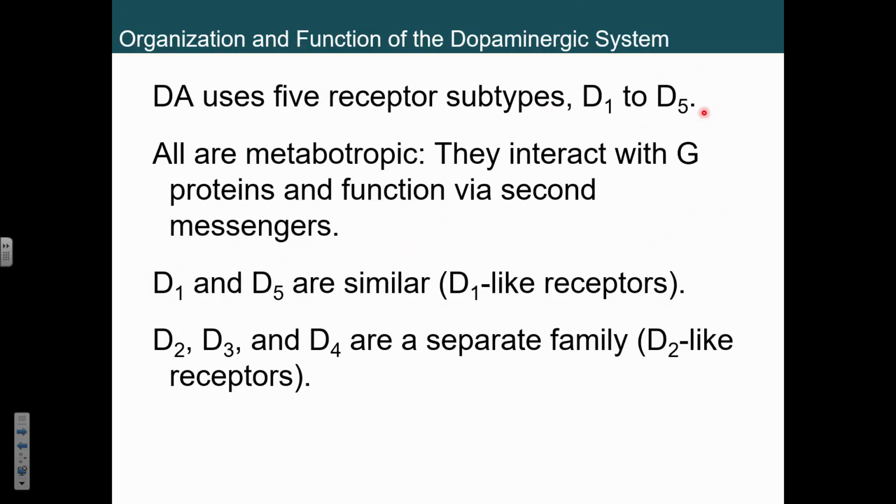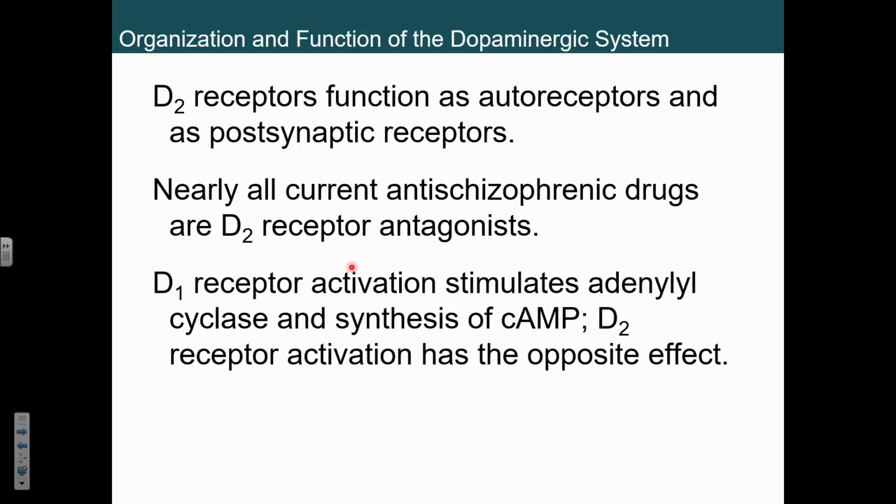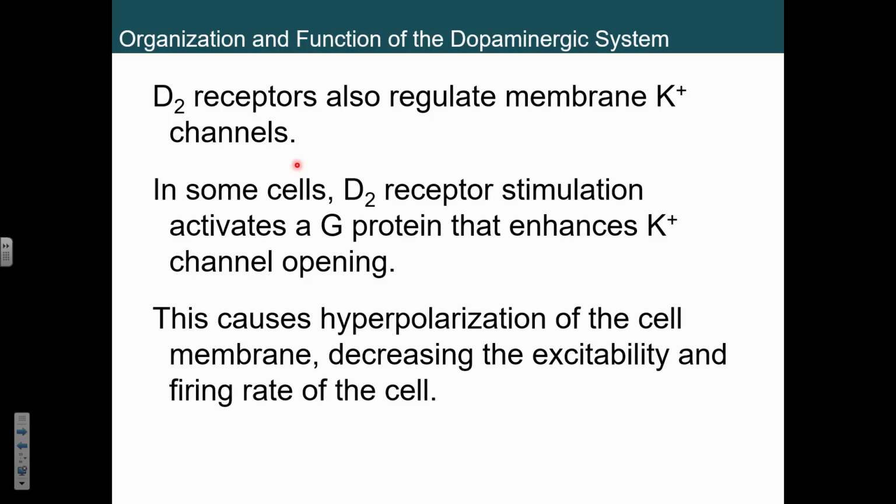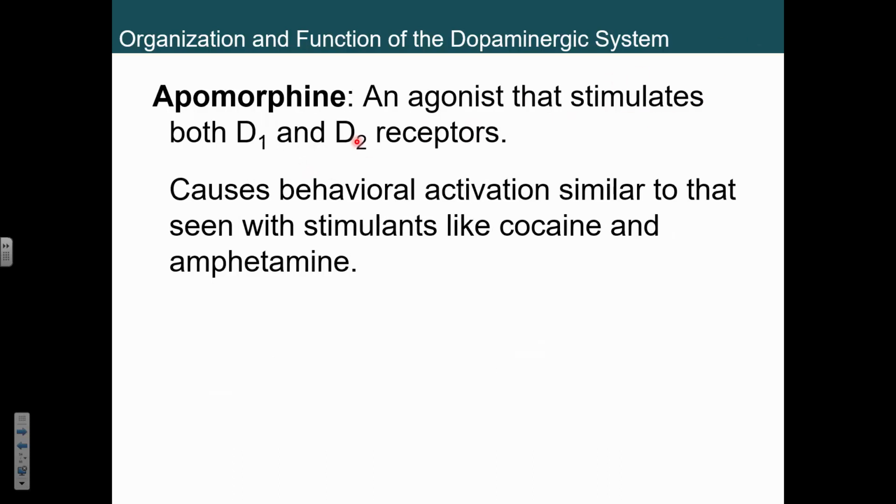All kinds of different subtypes of dopamine receptors. We've got 5. They do different things. Remember when we talked about inotropic and metabotropic stuff? So don't get too worked up about that. Do keep in mind the D2 or autoreceptors. That's sort of important, but nothing too much to worry about there. I'm not going to hit you with these diagrams. I really just want you to think a little bit about dopamine. We did talk about that potassium channel business. Not a big deal.